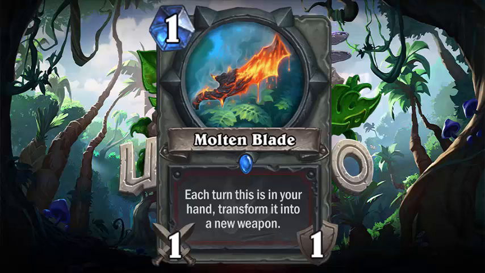I see your point. I really do. It's just that, because you did use the Elise, the treasure hunter from the League of Explorers. Mm-hmm. You make a point there, but